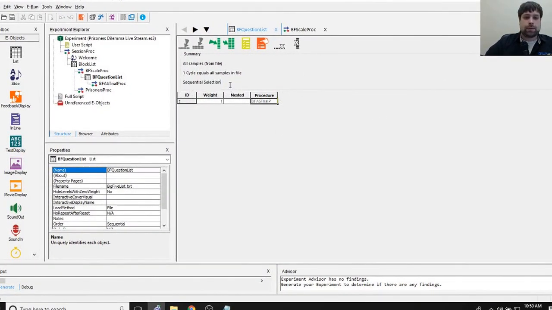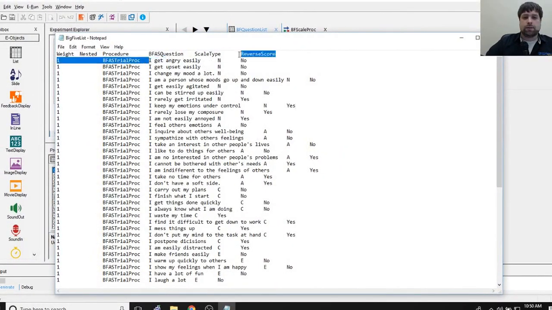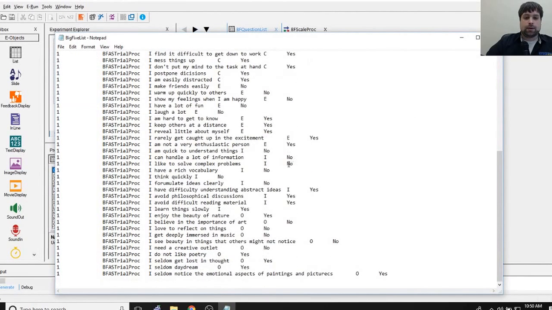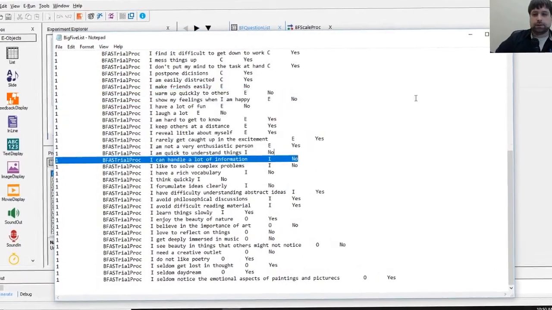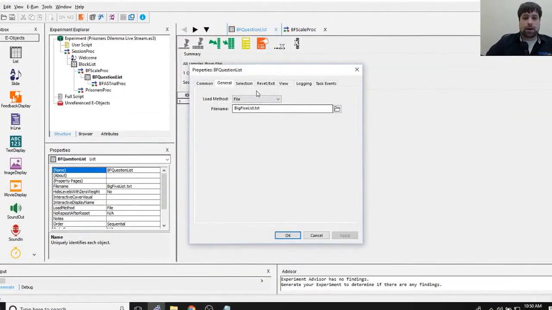Now the only change I want to make is right now it's set to take everything from this list or this text object and sample it with sequential selection. I don't necessarily want that, because if you notice, all of my neuroticism questions are all in the same place, and all of my intelligence questions are all next to each other. So what I want to do is click on the properties page here